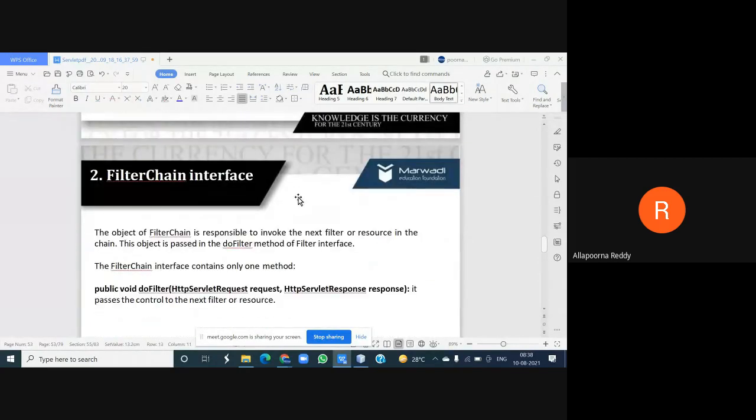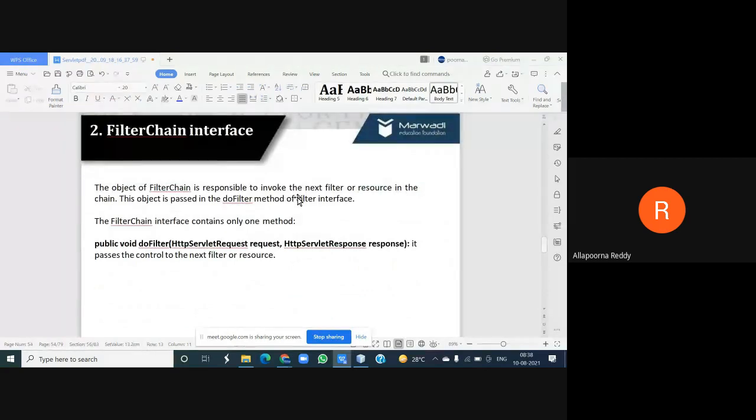Coming to the second, sometimes I may need to maintain more than one filter for accessing the web browser. At that time, the chain process is useful for us. To make use of the chain process, we take the help of the FilterChain interface. We deploy it in our favorite file, web.xml, which maps filter 1, filter 2, filter 3, then your servlet program, as in yesterday's example.